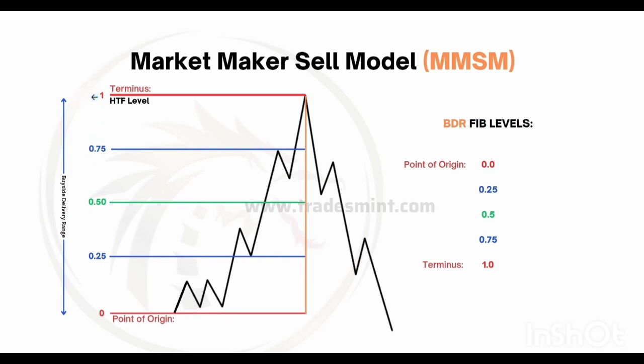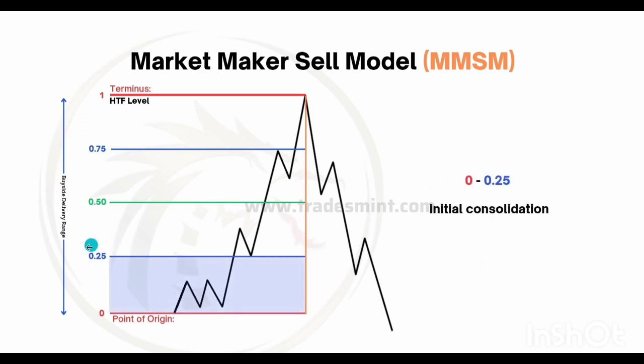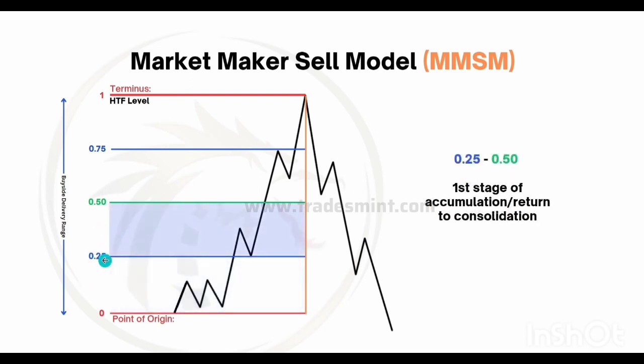liquidity on the higher time frame, we can then grade our buy side delivery range in 25% quadrants. This is what our fib settings would look like, and we would anchor the fib from the high to the low of the buy side delivery range. The initial consolidation will generally form in the lower 25% quadrant. Between the 25 and 50% quadrant, we will generally see our first stage of accumulation or a return to the